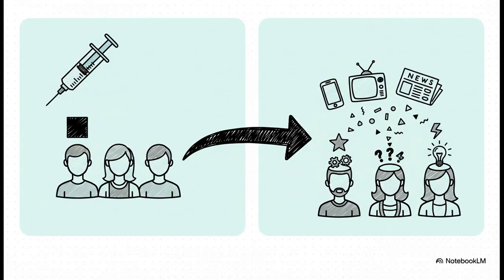Yeah, we now know that's not how it works at all. Reality is so much more complex. We are not passive receivers. Instead, today's researchers talk about a negotiated meaning. We are active participants. We filter every single message through our own beliefs, our experiences, our social circles. It's why two people can watch the exact same news report and come away with completely different conclusions.